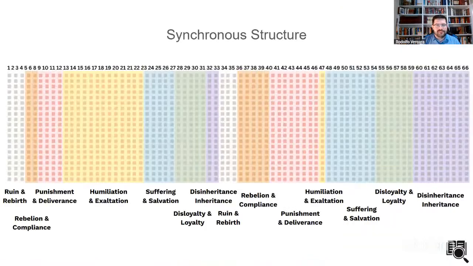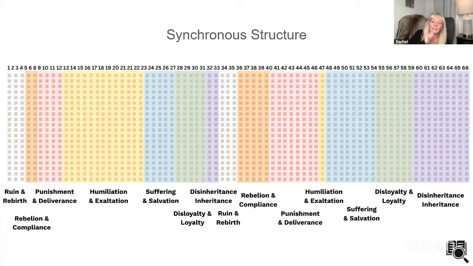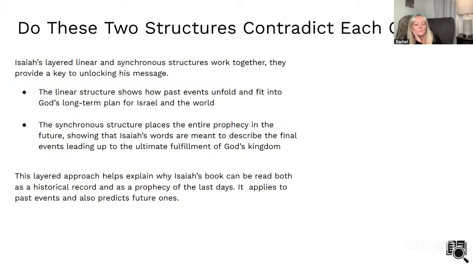And this is the synchronous structure that Isaiah mentioned. So we color code the chapters that go together. Again, we try to put everything in one slide so you can see that high view of the book. And this is the seven-part structure that we mentioned before. So you see how they repeat, and Isaiah keeps talking about the same themes over and over. Any thoughts? I love a color-coded slide. That's awesome. It always helps me see everything better.